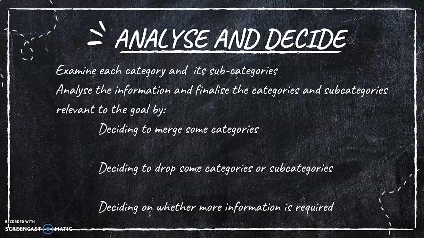So we are designing a fan product, right? For that we have to decide what the categories are. We have already listed the main points and the sub points, then the information for each main point and sub point. So we have to analyze the information we have gathered, and then decide whether we can merge some categories, or drop some unwanted categories, or whether we want to include some more information. We have to decide it once the listing is done.